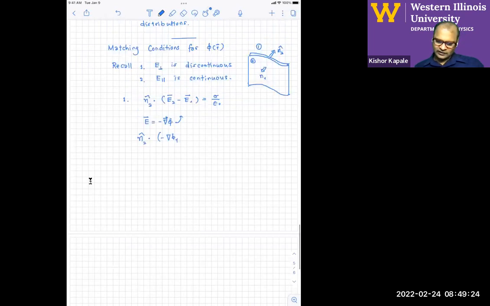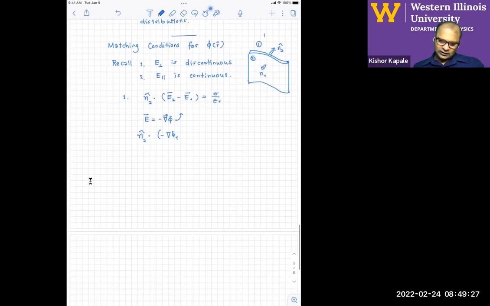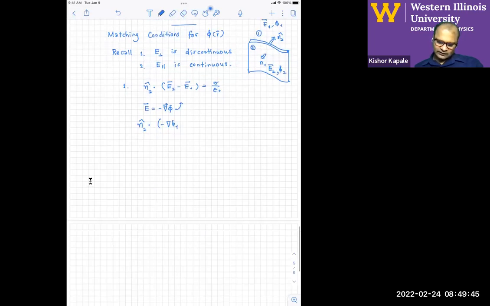So we now have E1, phi 1 in that region, and E2, phi 2 in this region. Okay, so negative gradient of phi 2 minus negative gradient of phi 1 is going to be equal to sigma over